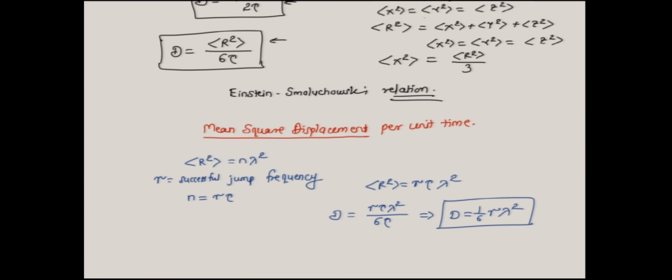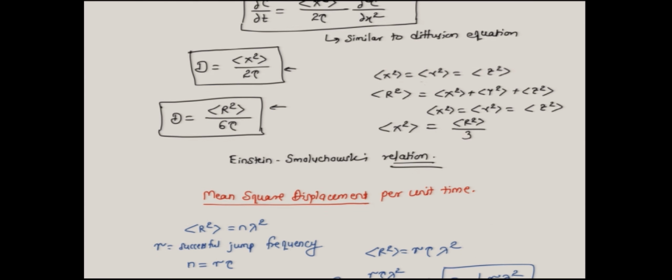So, we get the same equation that we got a few classes back based upon the simple jump frequency model, right. So, the point to take away is the Einstein-Smoluchowski relation established the physical significance or the theoretical meaning for